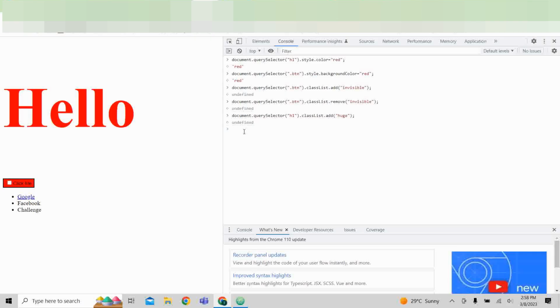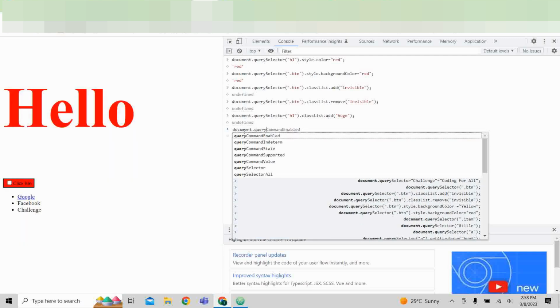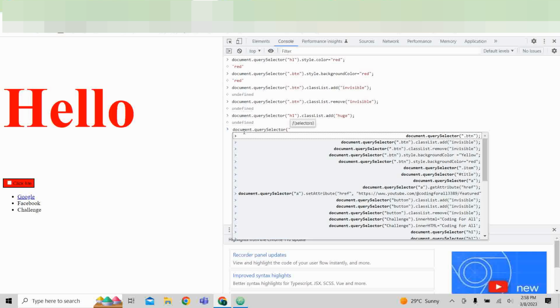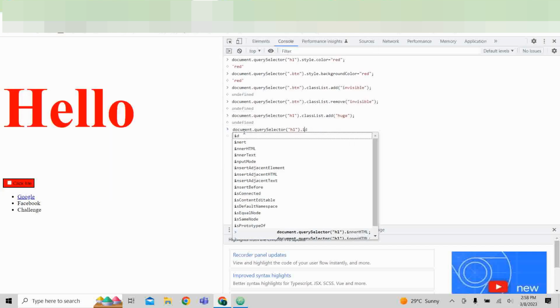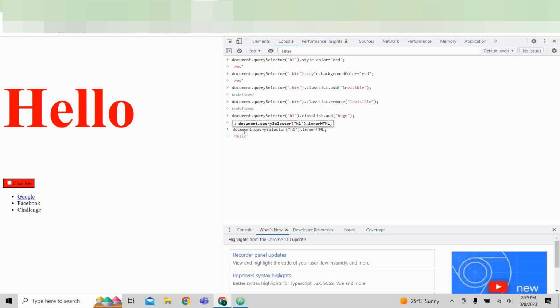As we always try our concepts practically, what we can try over here, for example, is document.querySelector, then h1, which is my favorite and easiest to see, so that is why I'm again going for h1, and then innerHTML. Over here you can see that it shows us hello. Now if I want to get the value, I will write it as